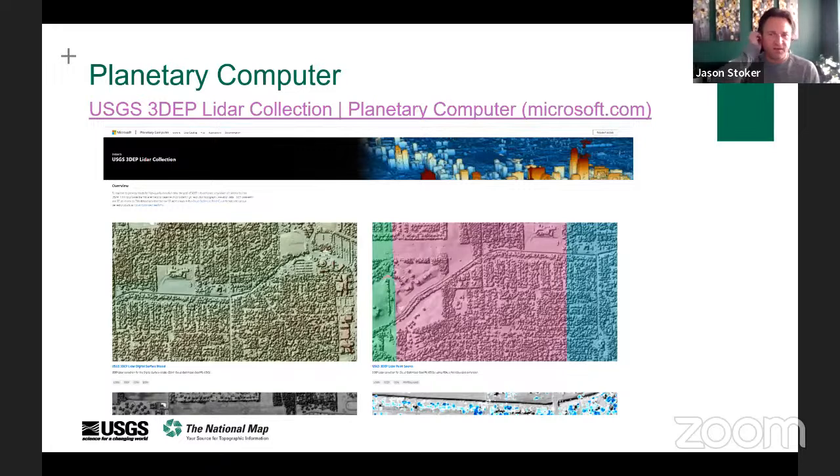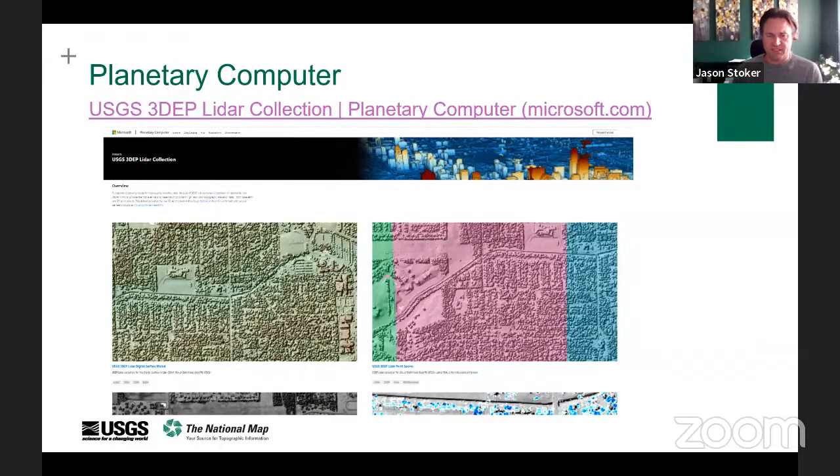And then finally, Microsoft's Planetary Computer has also taken a copy of our data and added value to it. In this case, they've converted all the data to a new point cloud format called Cloud Optimized Point Cloud, or COPC. And they've also spun off automated derivative products that we at USGS would not have necessarily had the bandwidth to do.